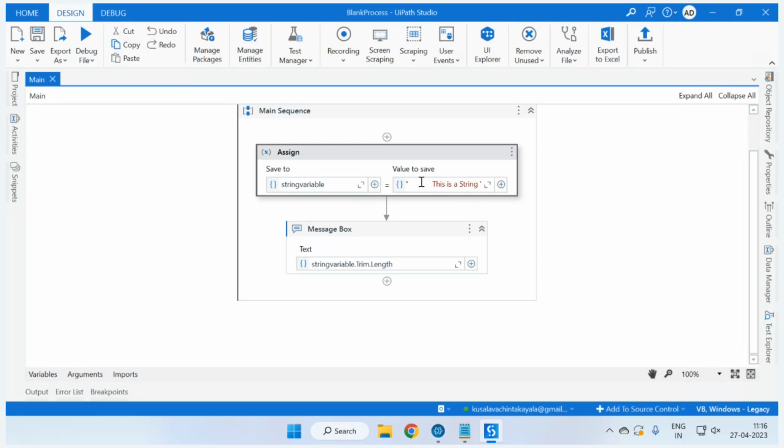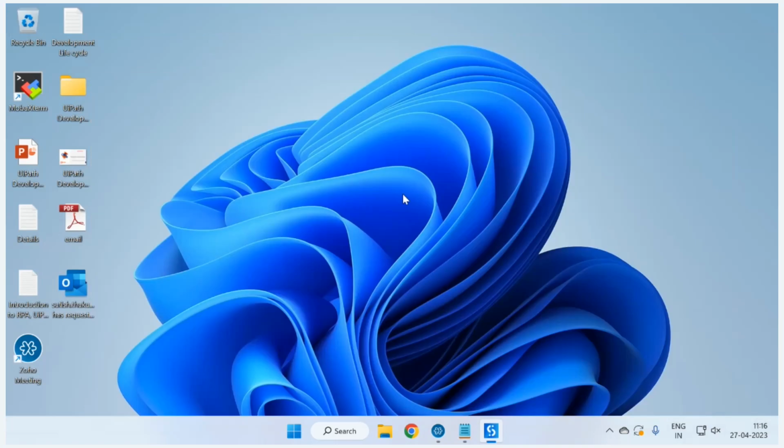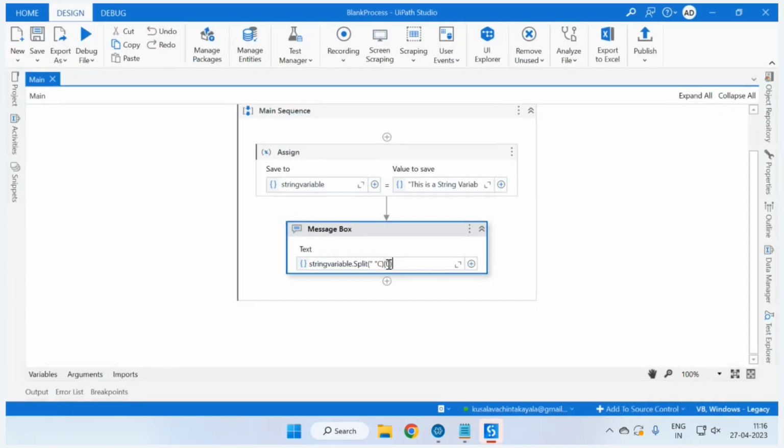I'll just do one thing. Here, dot Split method, and we can just provide the space here. And because it is an array, we just need to provide the index. And we are getting a compilation error because we are giving just one character to split, so we need to put C here. We are explicitly saying that it is a character. Okay. Now if I run this, because it was split on the spaces, we will get this as an output. And if you go with one here,